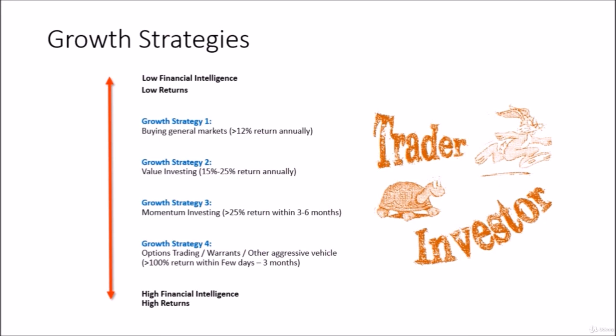As you can see in the diagram, growth strategy number 1 requires less financial intelligence and is perhaps a safer vehicle with lower return. As you go along each strategy to the bottom, the higher the financial intelligence needed in order for you to truly succeed in the higher return financial vehicle. Thus, when you just start trading, it is advisable for you to go to at least strategy number 3 in normal stocks and shares before you go further to growth strategy number 4.